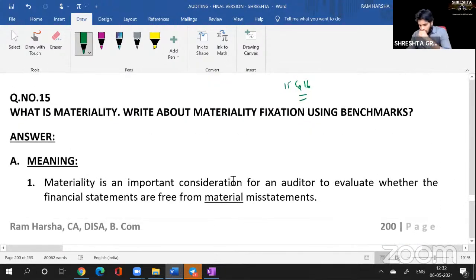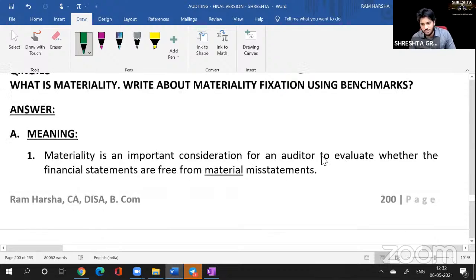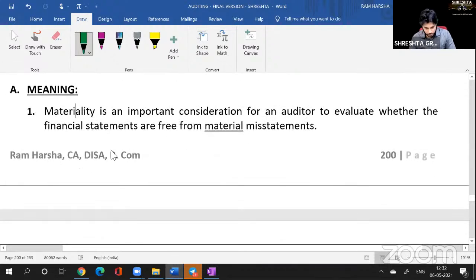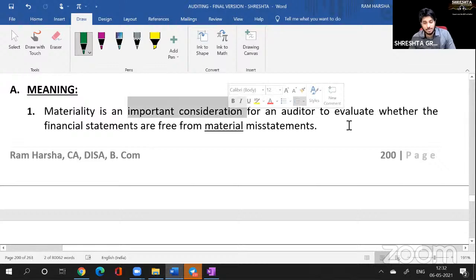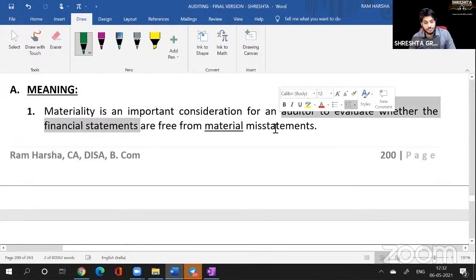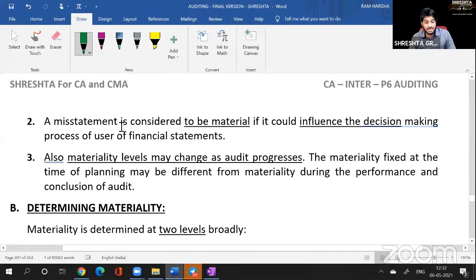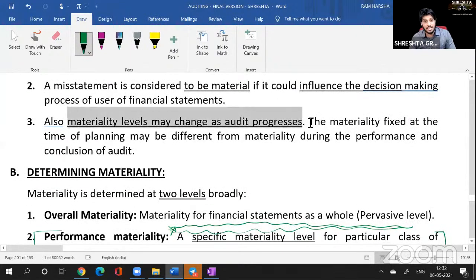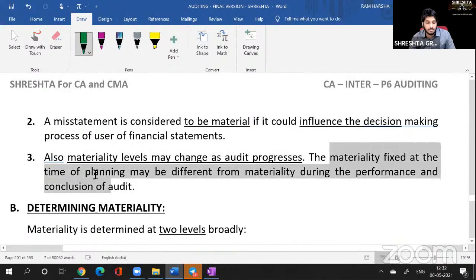What is materiality? Write about materiality fixation using benchmarks. Materiality is an important consideration to evaluate whether financials are free from material mistakes. A misstatement is considered material if it influences the decision making process. Materiality level may change as the audit is progressing. When the risk is increasing, if I think the risk is very high, I will reduce performance materiality. If I think risk is very low, I can increase the performance materiality. So the materiality fixed at the time of planning may be different from materiality fixed at the time of performance